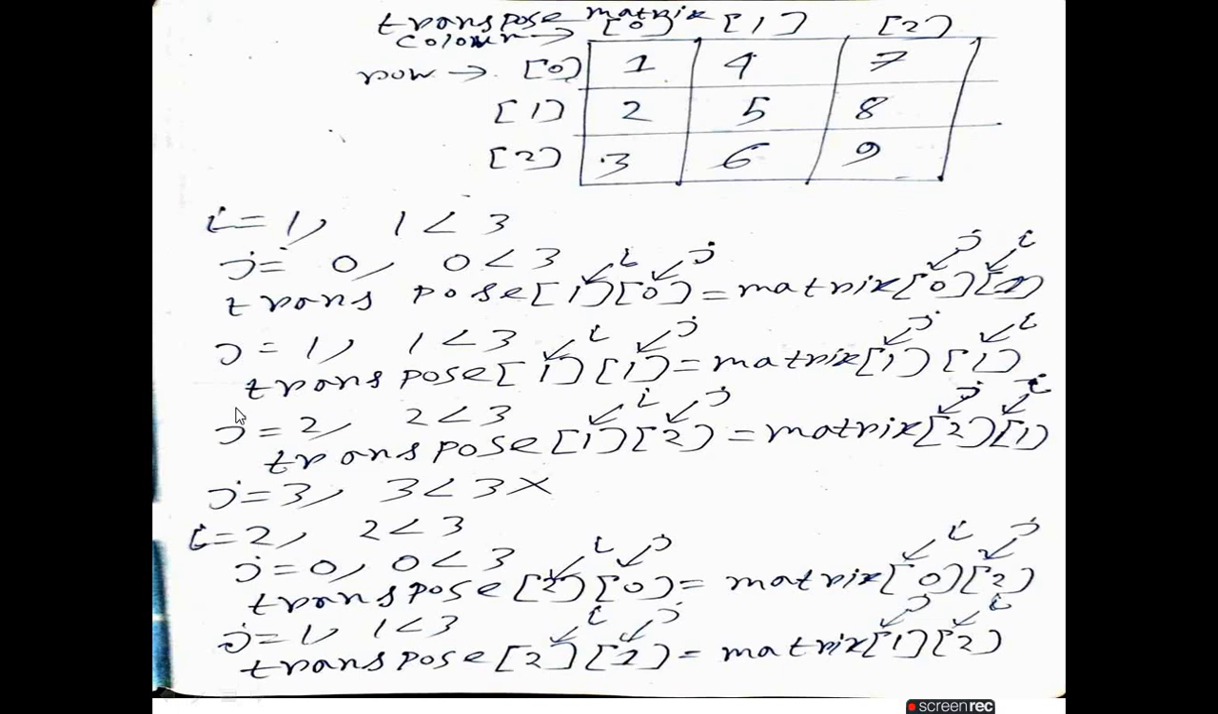For this, increment I. I becomes 2 now. So I is now here. 2 is less than 3. Yes. J is again assigned, starting from 0. 0 is less than 3. Yes. Transpose of I J, value of I is 2, J is 0. That means transpose of 2, 0 is assigned with matrix